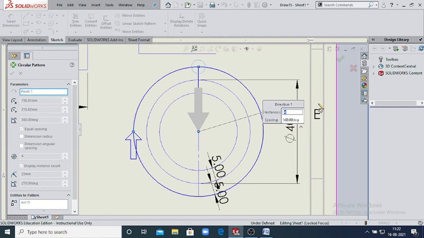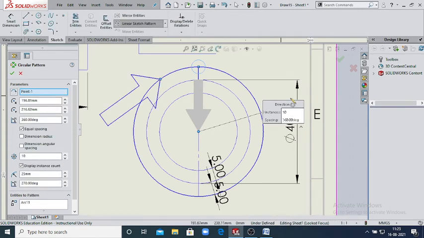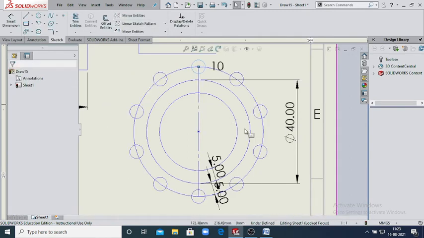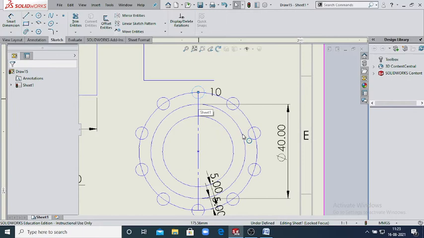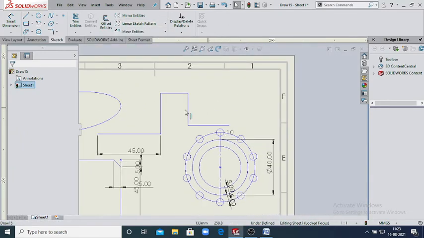Suppose 10 entities in the 360-degree angle, then click on the outer surface, then okay. Now your 10 entities will be activated like this. So this one is your circular sketch pattern. If you want to use a linear sketch pattern, then the pattern will be linear.